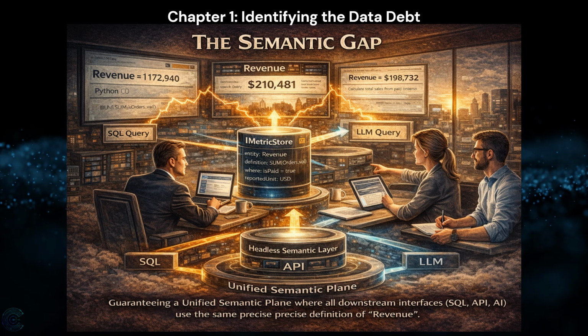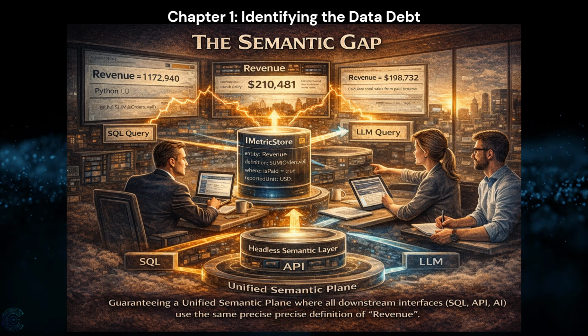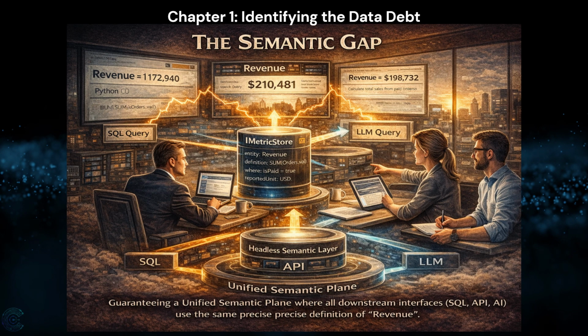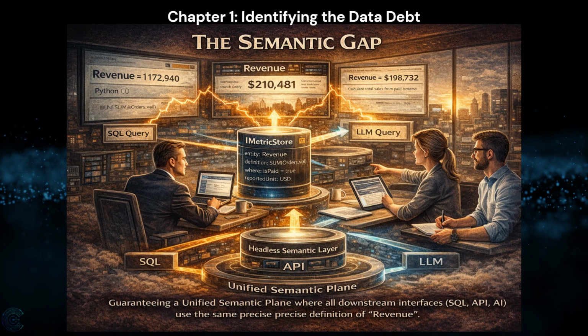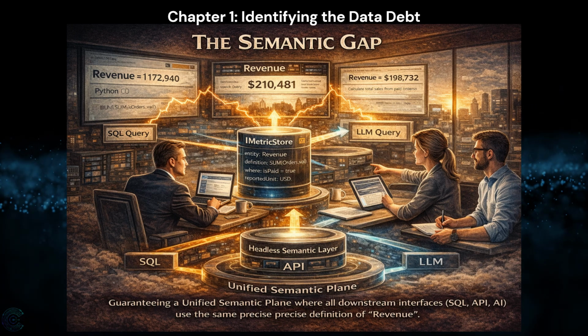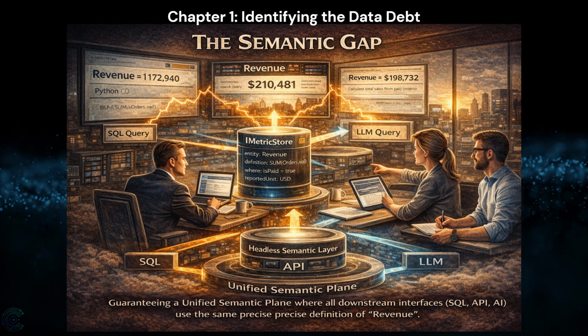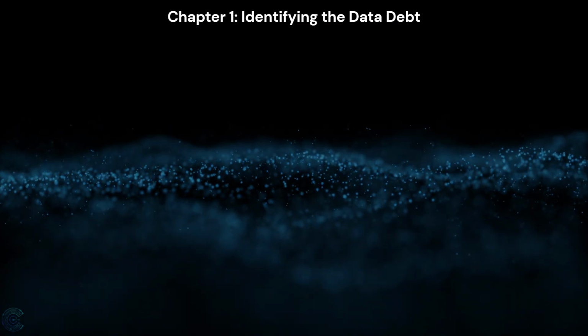Action: decouple logic from the consumption layer. Implement a headless BI/semantic layer. Example: metric store, where definitions are stored as version-controlled code. Enforce that AI agents query the semantic layer via API rather than raw tables. Result: 100% consistency in cross-functional reporting. Reduction in AI logic hallucinations by ensuring models only consume pre-calculated, verified metrics.